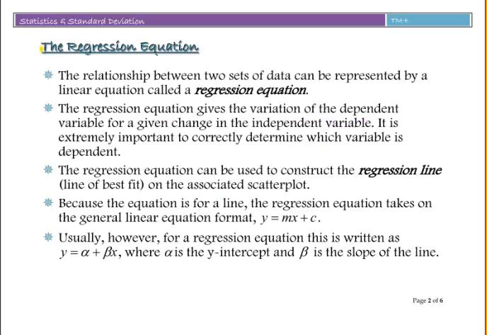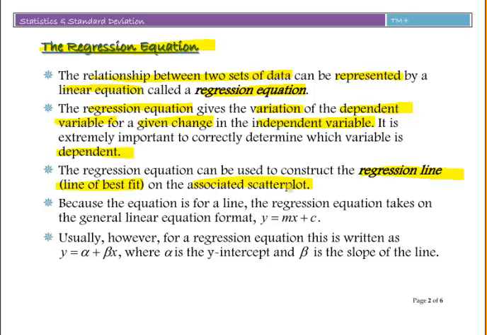Now, the regression equation. The relationship between two sets of data can be represented by a linear equation called the regression equation. The regression equation gives the variation of the dependent variable for a given change in the independent variable. It's extremely important to correctly determine which variable is dependent. The regression equation can be used to construct a regression line, or a line of best fit, on the associated